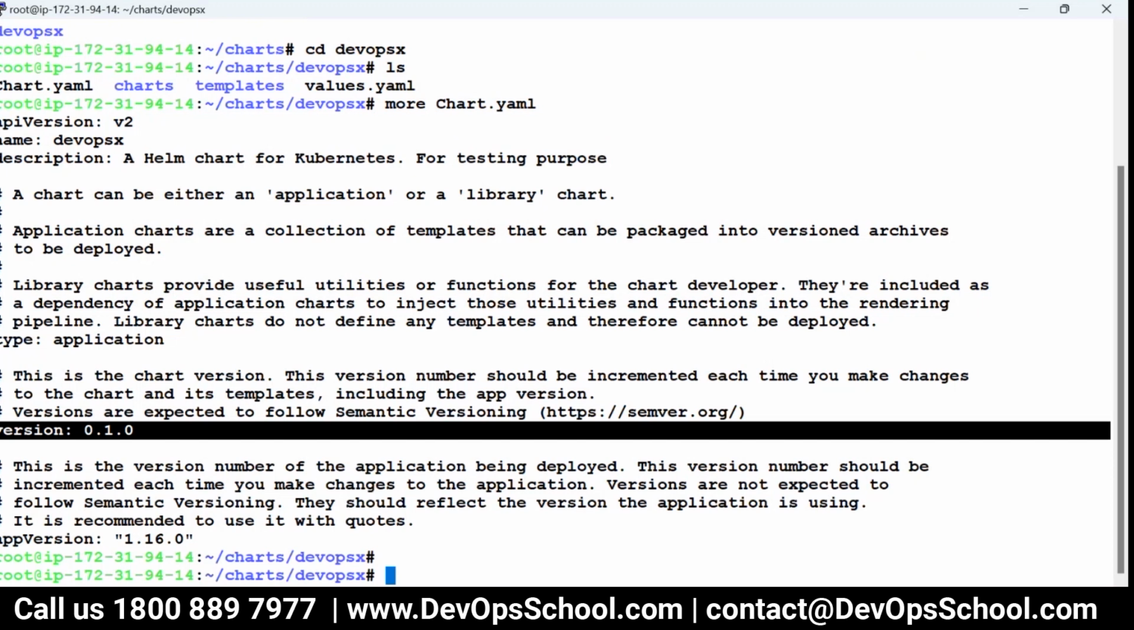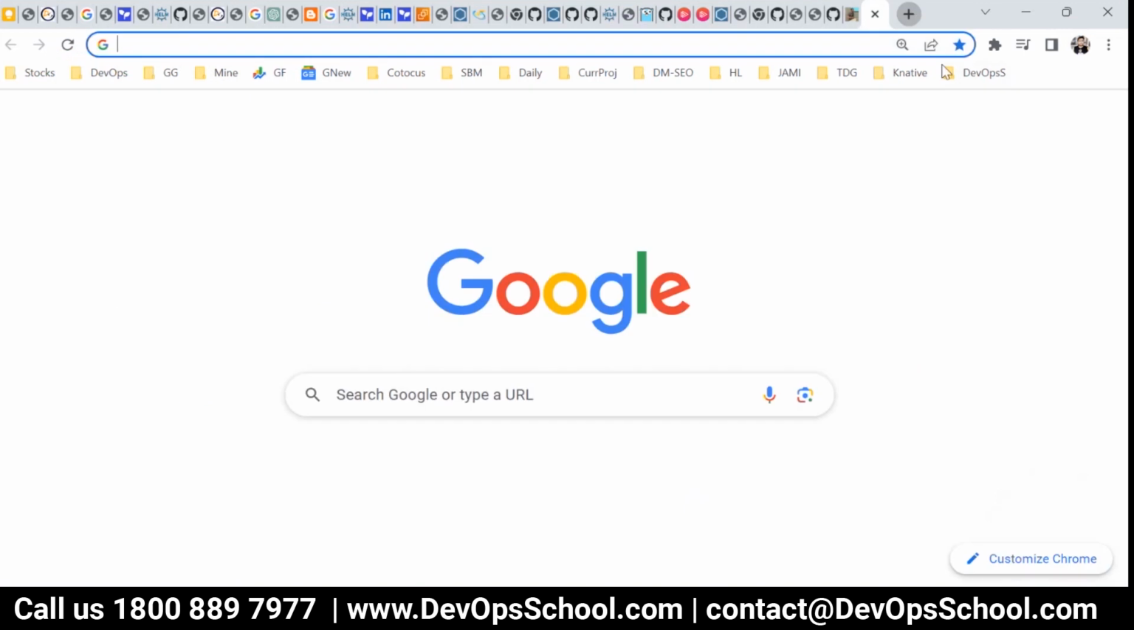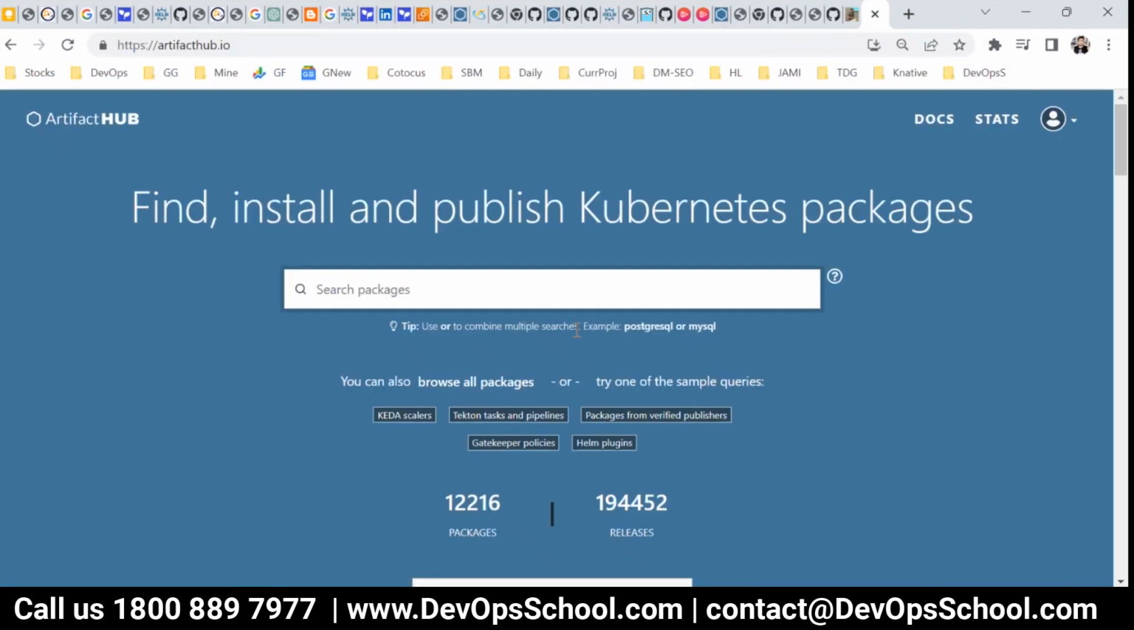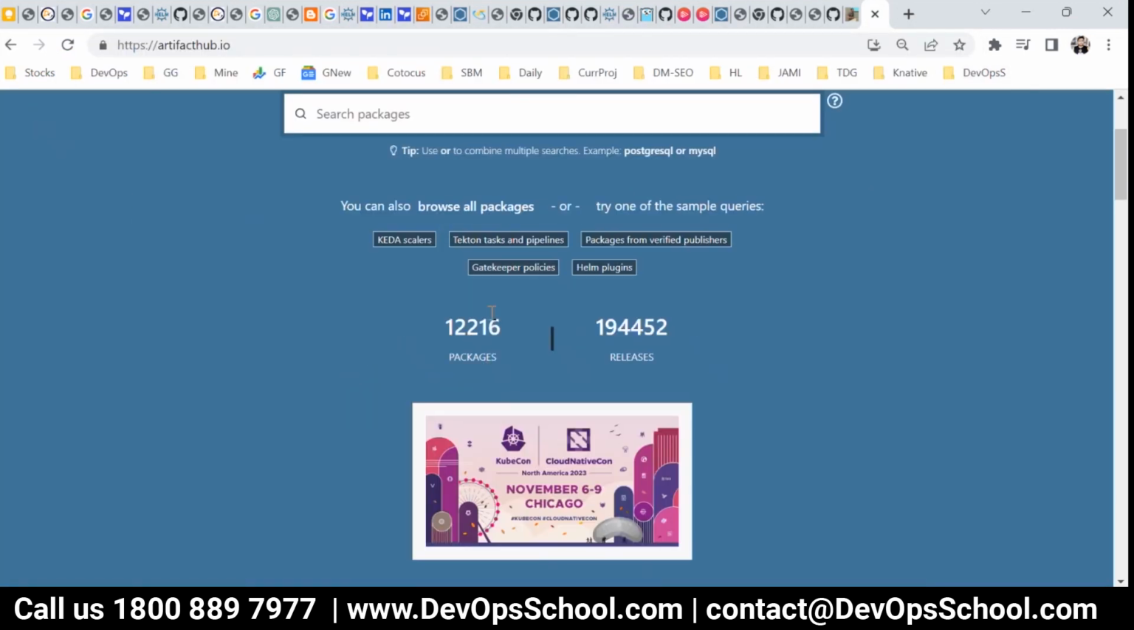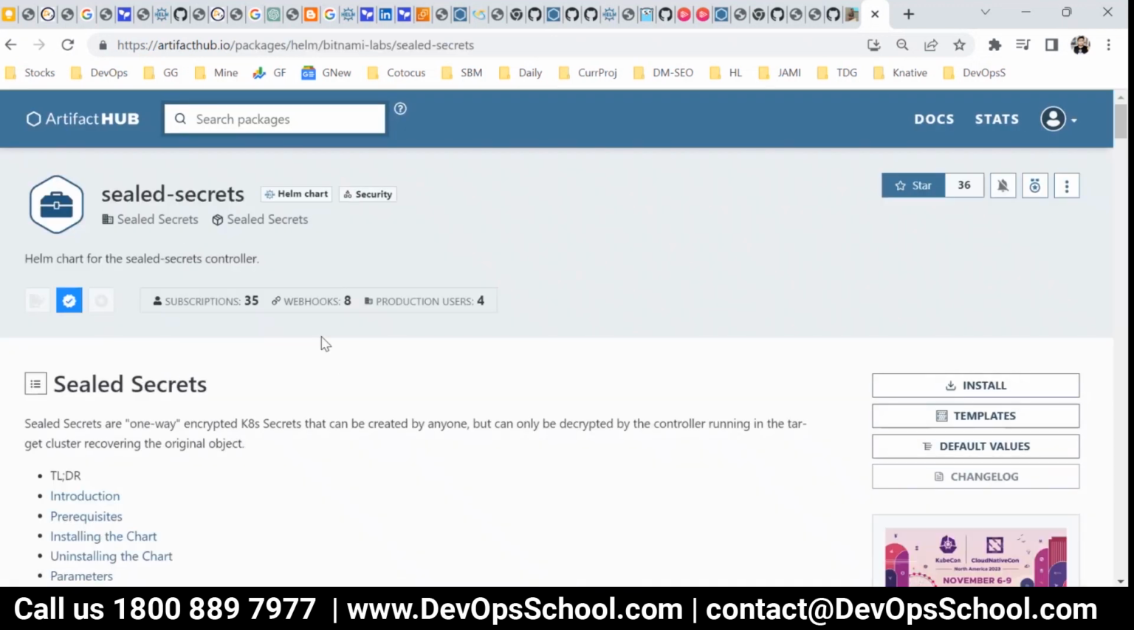So are the changes stored in the registry, or do we need to? Registry. All the versions are stored in the registry. For example, you go to Artifact Hub and look for some chart. Let's say sealed secret. I don't know what that is. And here you have,